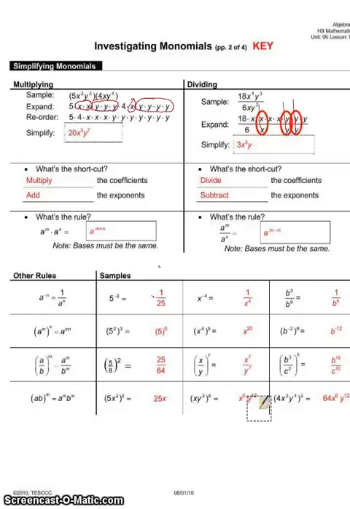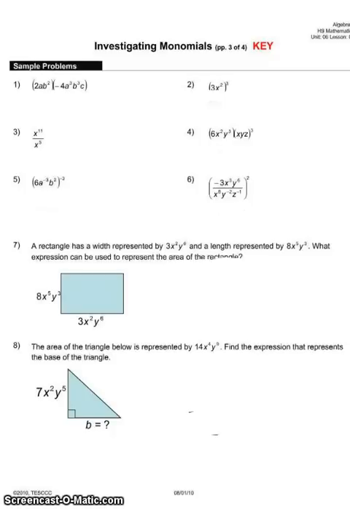Okay, so now we're going to work a sample problem or two. On this first one here, if I have 2ab squared times negative 4a to the 3rd, b to the 3rd, c, what do I really have? And remember, if it's easier for you, you can write this all the way out. I'm just going to write this first one out. So what I really have is